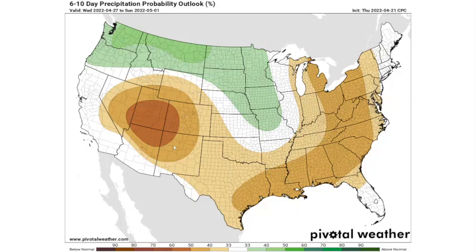And underneath that ridge, we'll have a lot of drier than normal conditions across those regions. A little bit of a storm track zone up into the north, here the northern plains and the Pacific Northwest, with continued slightly above normal precipitation, and then slightly below normal precipitation from the northeast, the Ohio and Tennessee valleys down to the southeast and Gulf Coast states as we head toward the opening day or two of